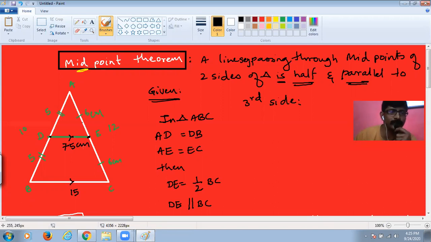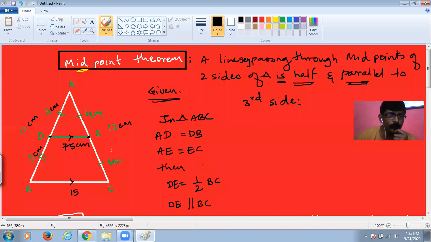And now what exactly is the given thing? Understand. What do you mean by D is a midpoint? AD is equal to BD. Let's say if AB is 10 centimeter, then AD will become 5 centimeter and BD will become 5 centimeter. If AC is say 12 centimeter and if E is a midpoint, that means AE would be equal to EC, would be 6 and 6. That would be half of 12, isn't it? So AE is equal to EC is equal to half of AC. You understood? That is the given thing to us.